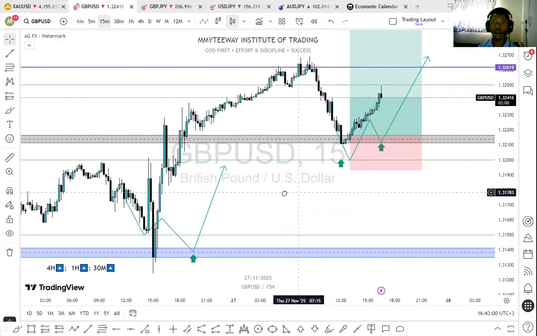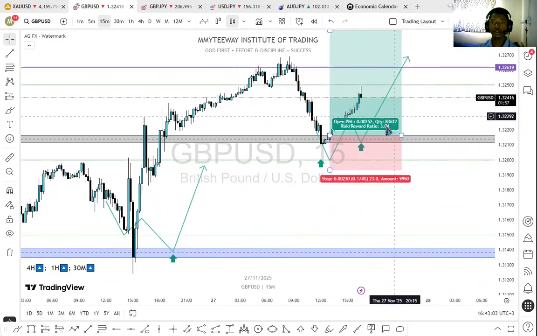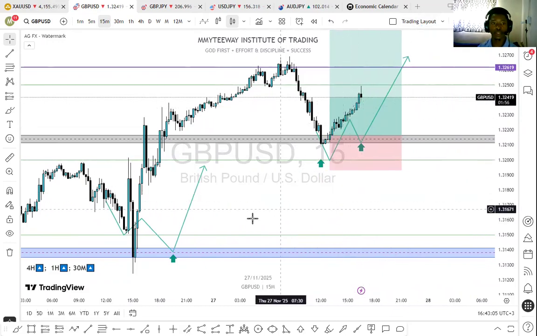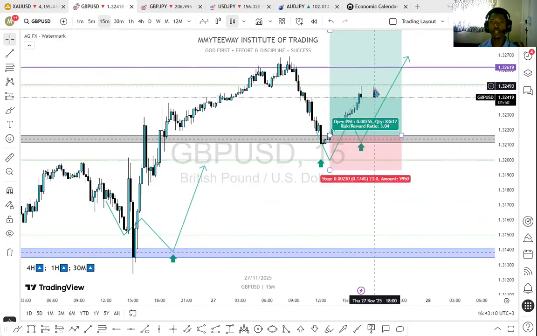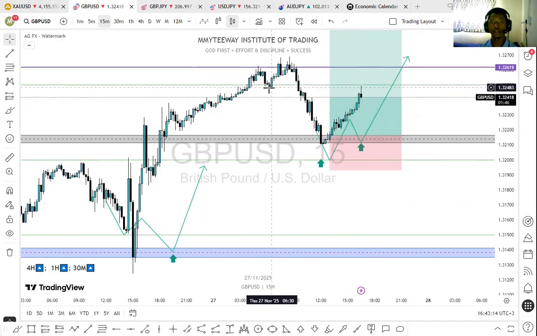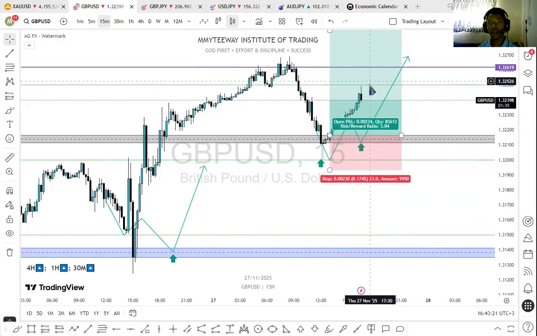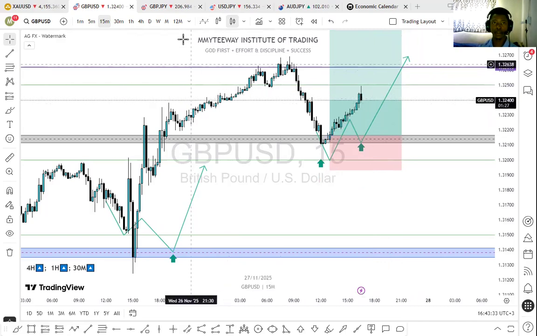Until further notice, this is what we are going to be using, because it might go up and retest this psychological level, which was a support zone on our preview of the previous lows here. So we could take our trade here if the price continues to go up and comes back to retest. We would take our entries here. I'll give you the signal right there. And then on